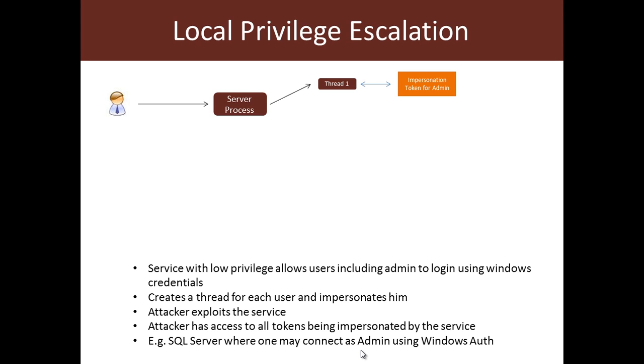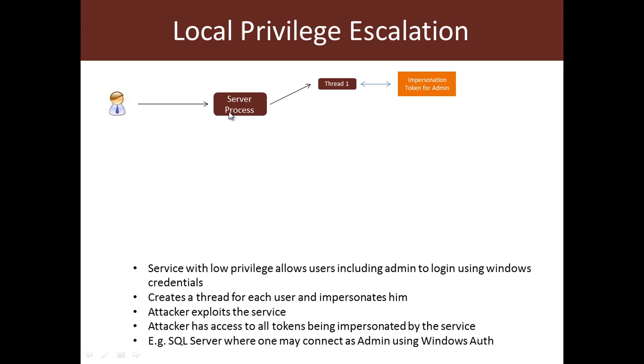Well, here is the issue. The first attack is called local privilege escalation. Let's quickly look at how this works. Now, let's say there is a server process running with very low privilege, but this server process is servicing different